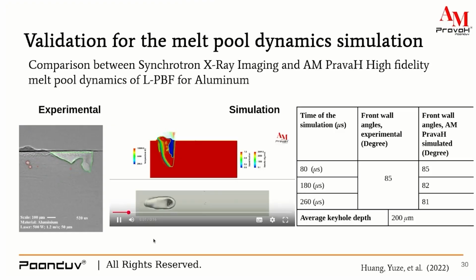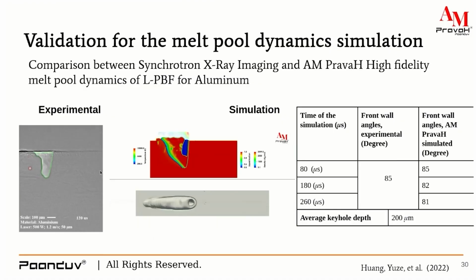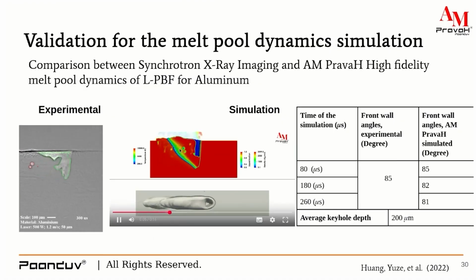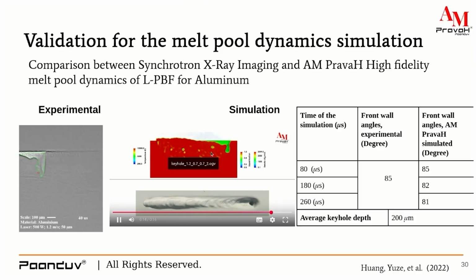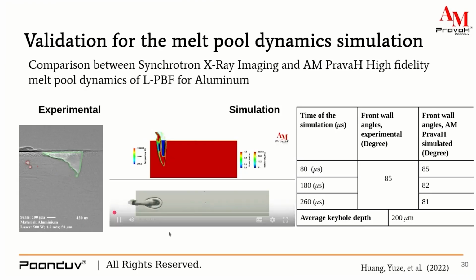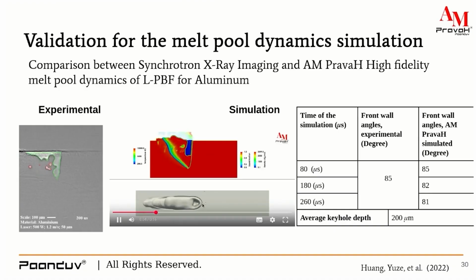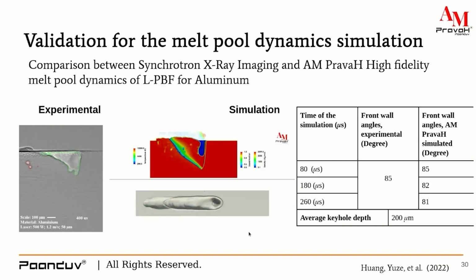Similarly, we further compared the energy density versus width, depth, and the height that the experimentalists have achieved with respect to the simulations. When the laser power is varied from 1200 watt to 1800 watt, you can compare the width, the penetration, and the height of the bead. The error percentages for height, for depth and the width are below 7 to 8%,